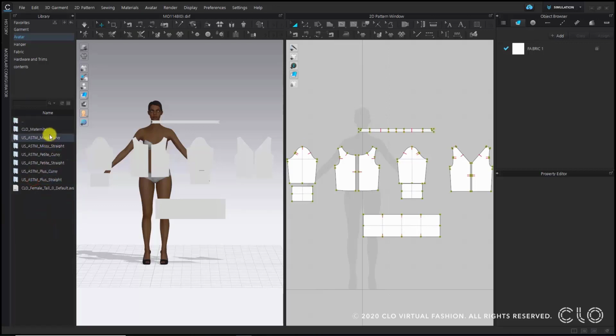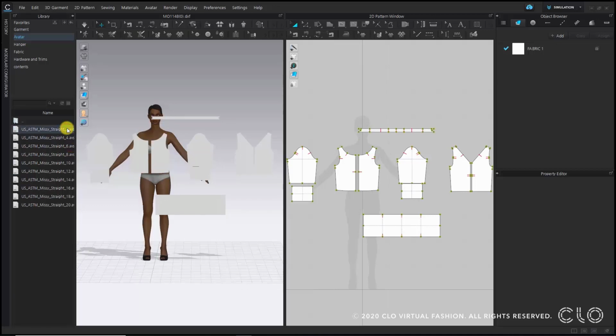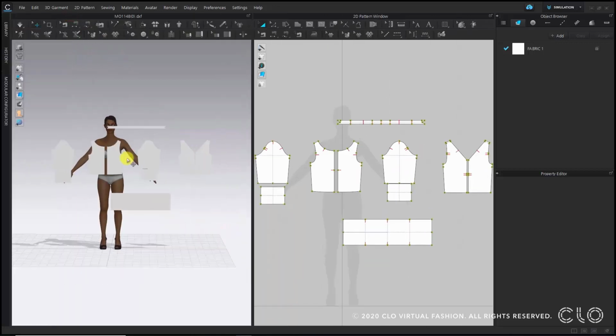So here I'm looking for Missy Straight, which would be this one, double clicking also here, and then simply make sure I add size number 2, and I can do so by also simply double clicking on the AVS file. This way the size of my avatar changes automatically, so then I can close my library and start the work